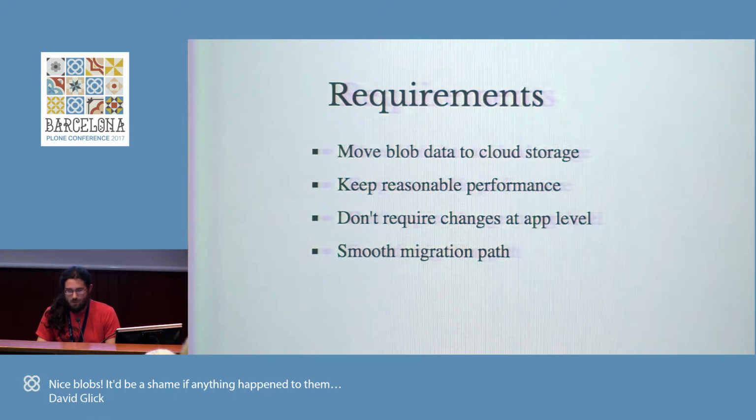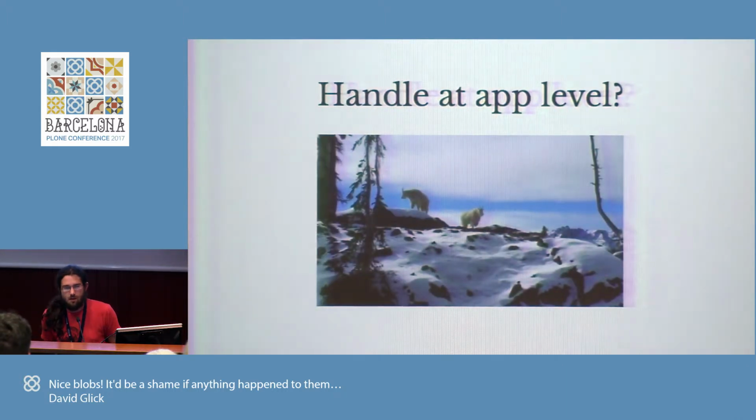So I'll talk a little bit about some of the things we considered for how to solve this. We thought about handling it at the app level. So we thought about just, let's take the image content type, let's add a new field, which is storing an S3 URL. And then let's arrange to have a job that runs after you upload an image. It'll copy it to S3, write to that field on the object, and then delete the local copy of the